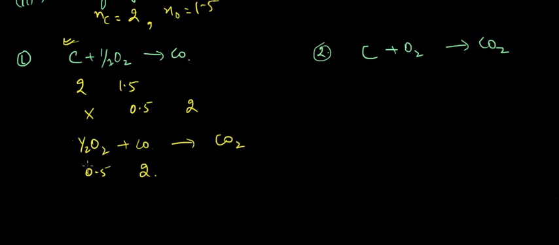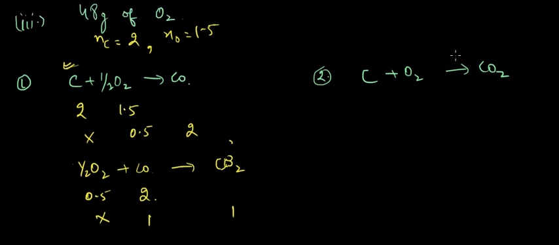Why? 0.5 divided by 2 is 1, and 2 divided by 1 is 2. Okay, so this would be getting exhausted, and as a result 1 mole of carbon monoxide and 1 mole of carbon dioxide would be formed. Okay, so this is according to reaction 1, and I hope the same goes for reaction 2 as well,